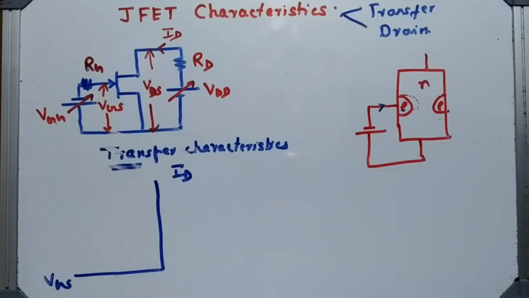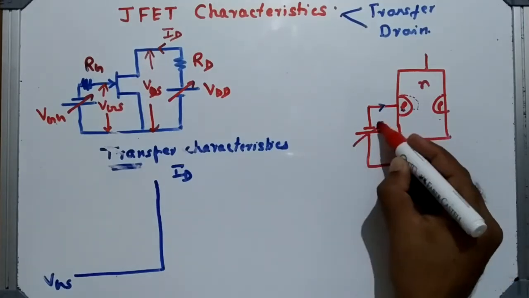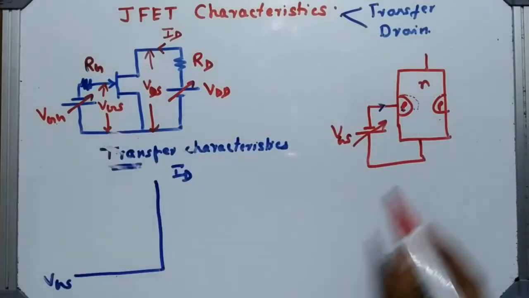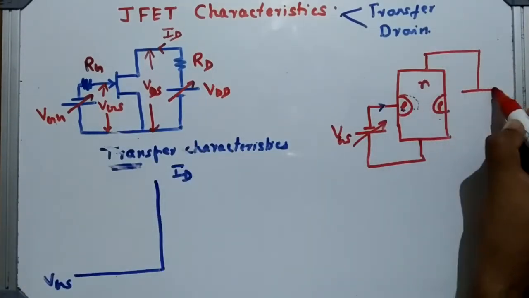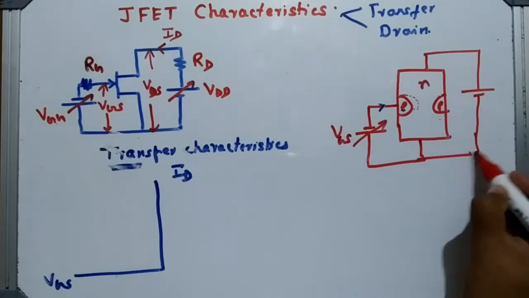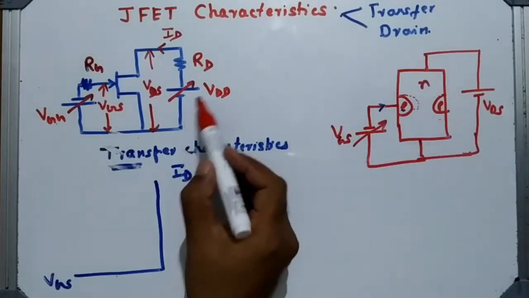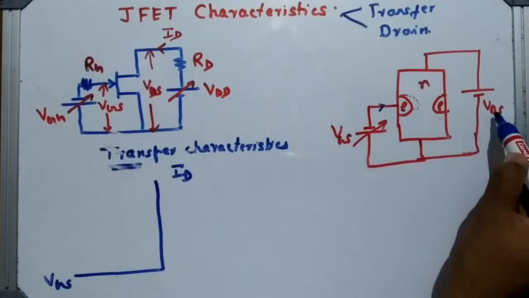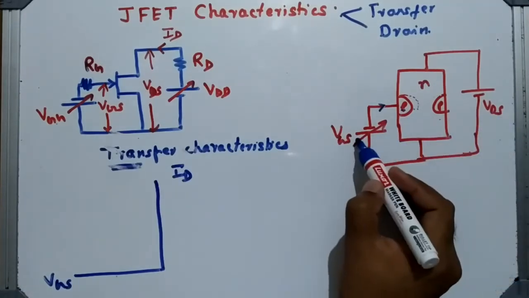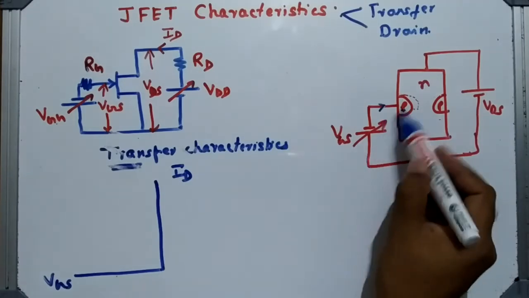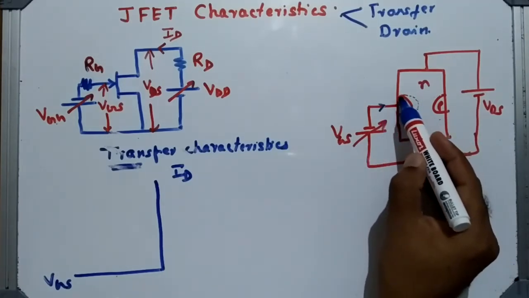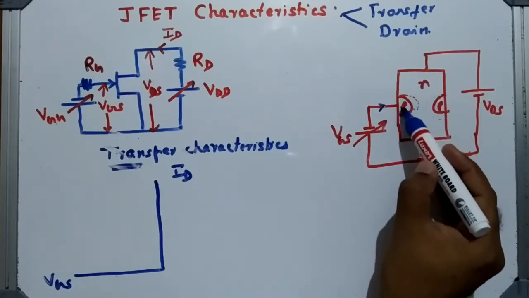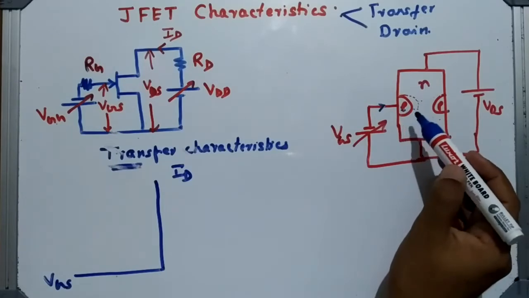Now, what you're doing here, you are varying VGS. This is actually this voltage. And you are fixing VDS. This is VDS. Not this voltage I'm representing. You start with VGS 0. You fix VDS at some value. VGS you make 0. When VGS is 0, the width of the depletion region is very thin because this junction is not biased at all.